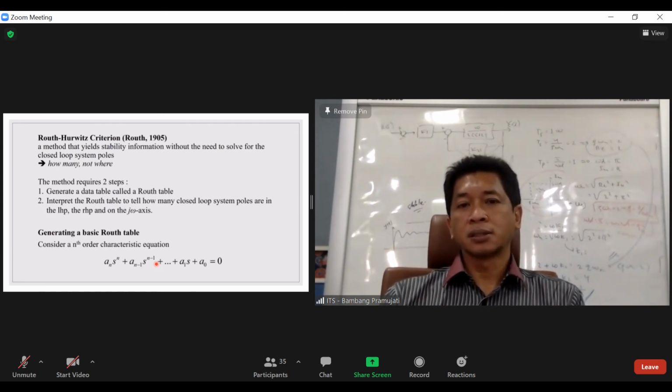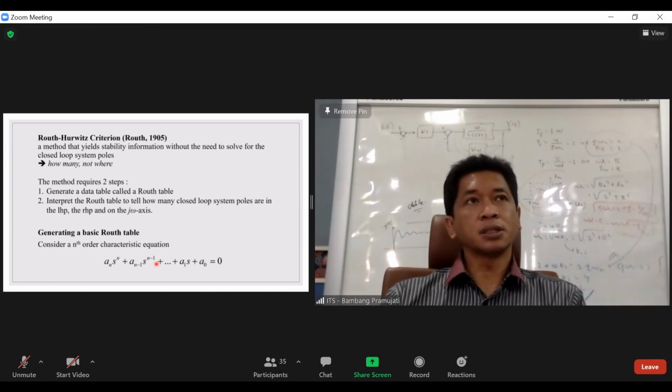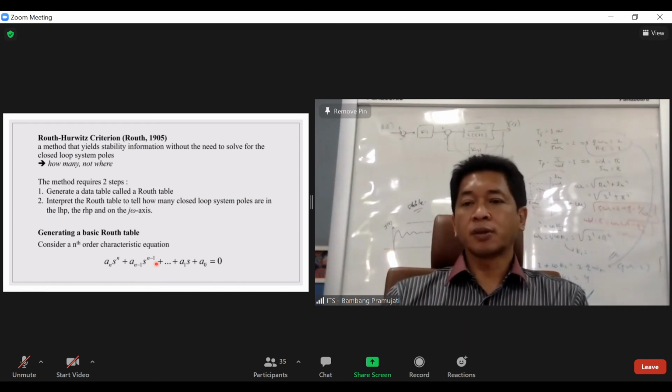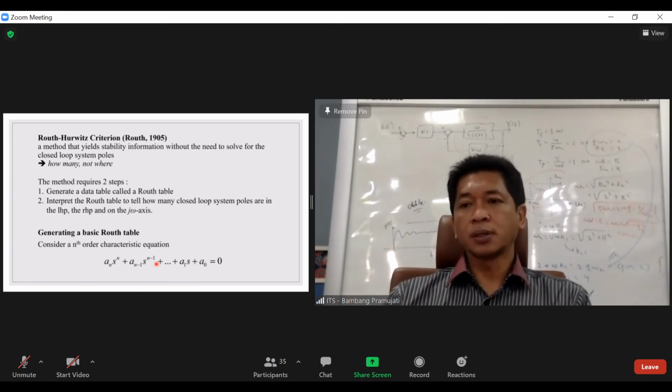Ini ditemukan oleh Routh, sehingga karena sistemnya sangat simple, sangat sederhana, you don't actually need kalkulator yang ruwet, Anda tidak butuh software untuk menganalisa, Anda cukup bikin tabel, and then from that simple table you can actually say, okay, my system is stable, my system is an unstable system. Very simple, very straightforward. Ya, ini disebut Routh criteria. Ya, jadi ingat sekali lagi, this Routh criteria only gives you information how many poles are located on the right half plane,